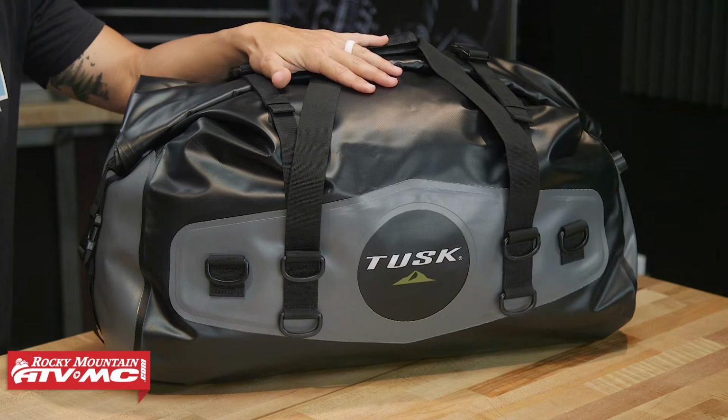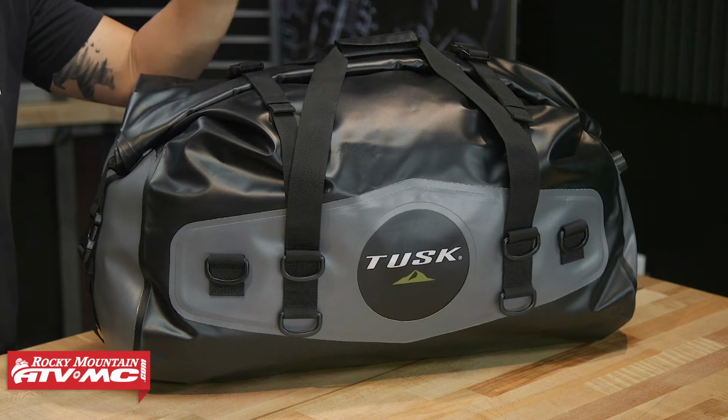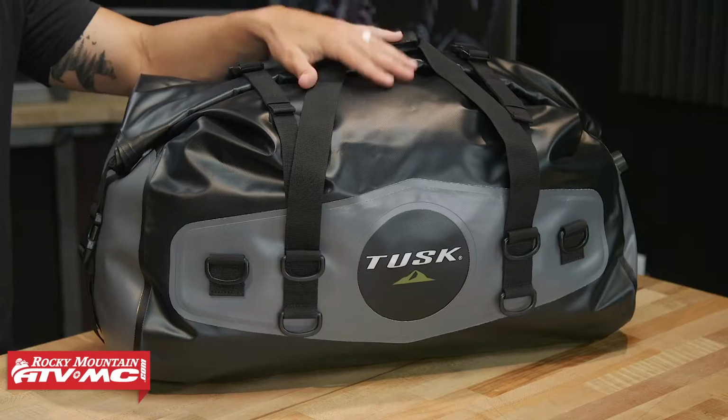So now we have the medium and we have the large on the table. With these two bags, think of your larger adventure bikes and your longer rides. So three to five days, your multiple week rides. You know, those times when you want to get as much gear as possible, that's what these are really tailored towards. So we've got the large,